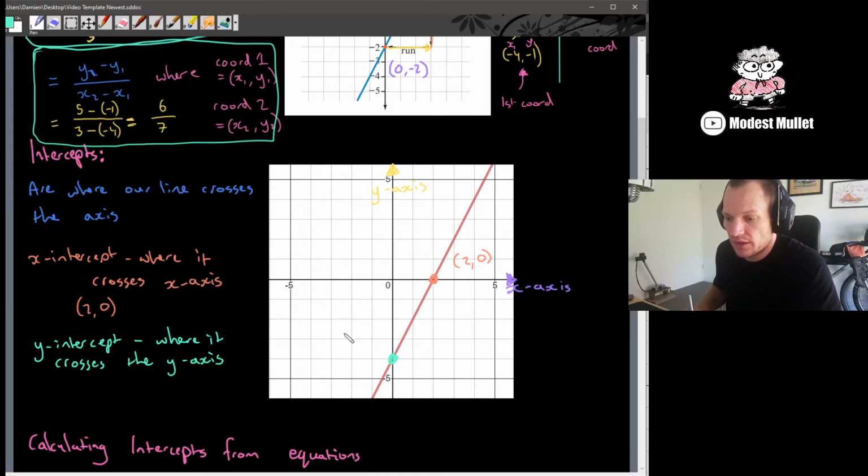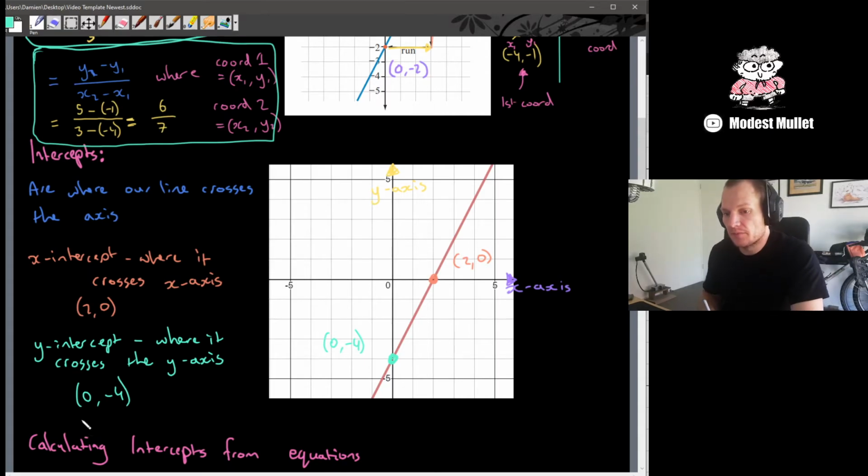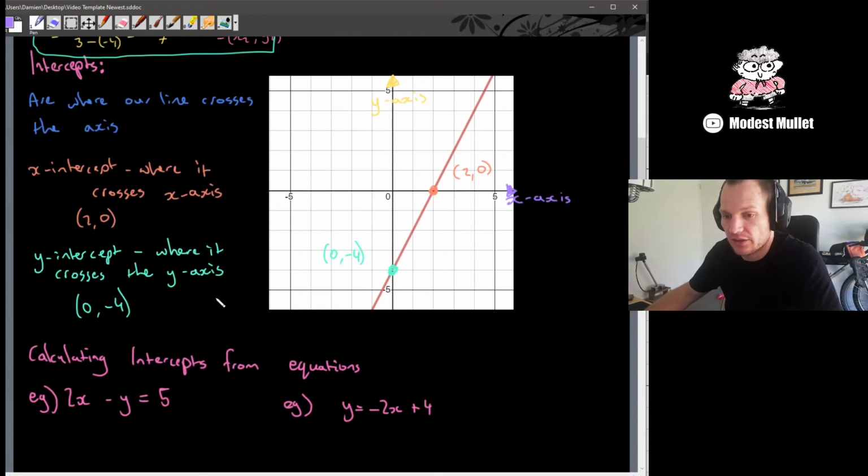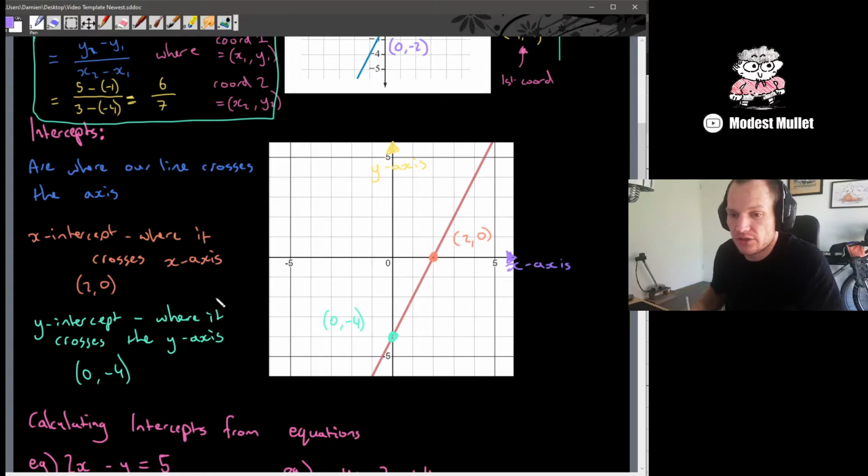Which we have down there, which we can see is at 0, 4. Okay. There's two really key bits of information, or two tidbits, that will help us for this next section, where we're actually going to try and calculate them from the equations. Our x-intercept